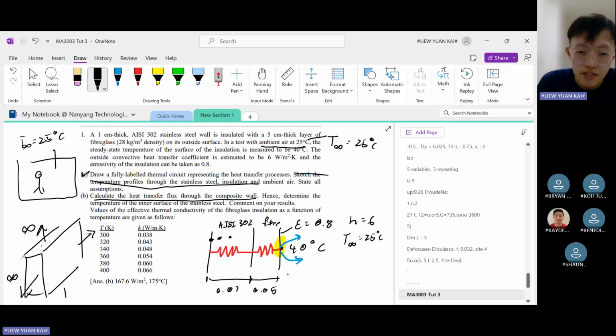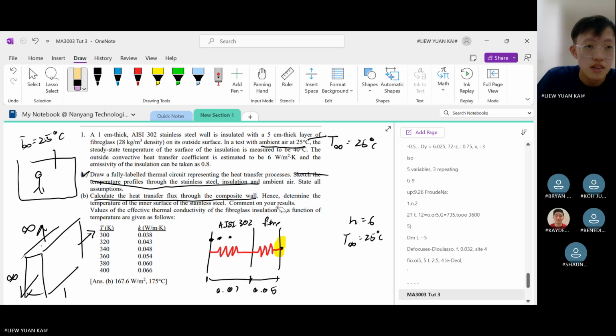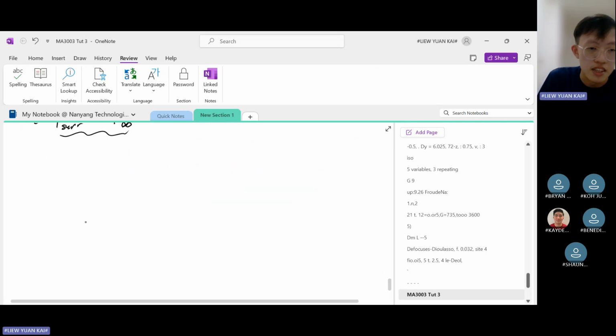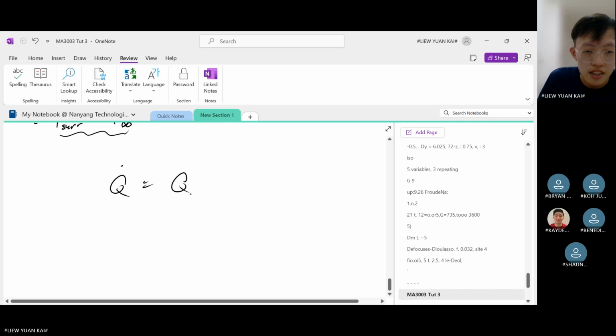The heat flux through the wall refers to the small letter q coming out from this wall. So let's take a surface energy balance. Let me just erase this. When you look at this surface, what are the modes of heat transfer? We have convection and conduction. Let me just write it down. So the Q coming out of the wall is given by the convection